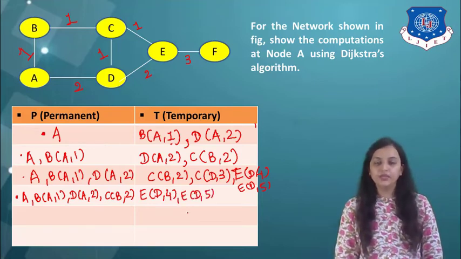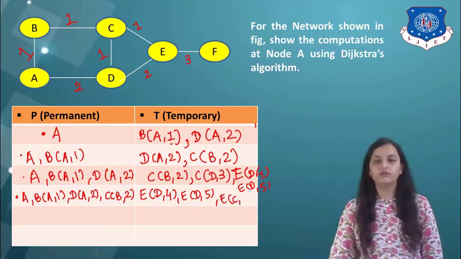Okay. Now we are reaching at the node C. So we have to check the connections for the node C, which is B, D and E. Now B and D nodes are already on the permanent side, so we need to do it for only E. To reach E using C, the value is 1 plus 1, 2, 2 plus 1, 3. Also, if I consider this path, that will be 2 plus 1, 3, 3 plus 1, 4. Okay, that is EC4.